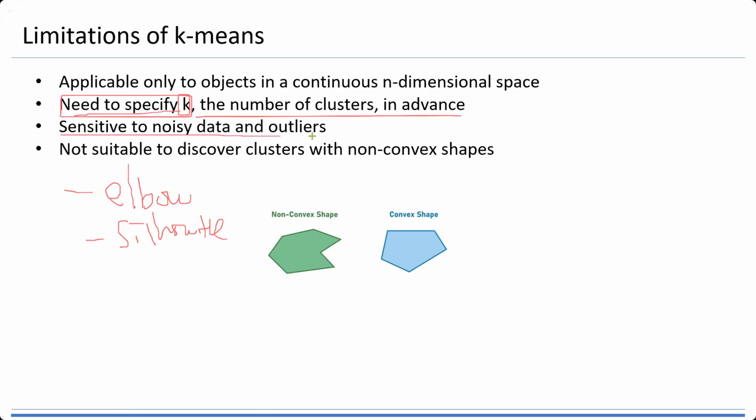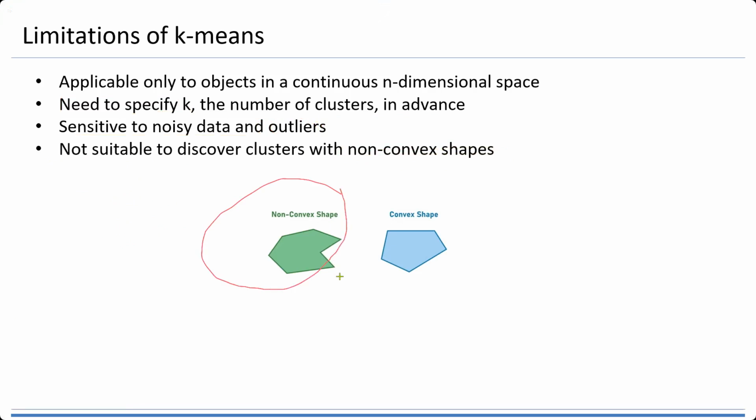K-means is also sensitive to noisy data and outliers. So if the data has some outliers, it will make the clustering result bad. And it is not suitable for discovering clusters with non-convex shape. What is non-convex shape? This is a non-convex shape. The convex shape is always good, like this one. So if you have data like this one,